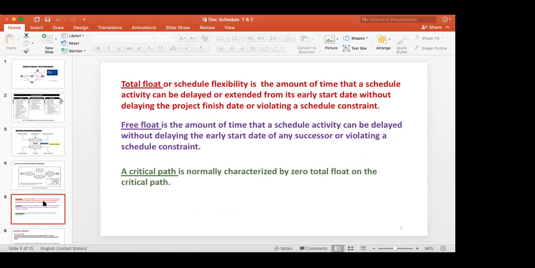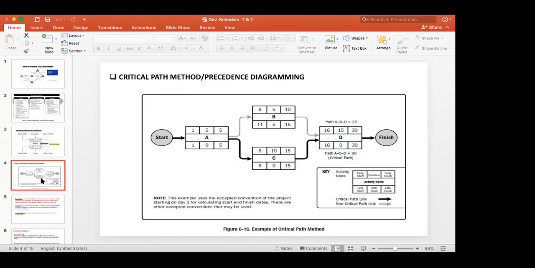Then you get the free float. This is a mathematical thing, that's why I'm telling this. Free float is a definition. The free float, what you say is, if you take 2 activities, say B and D activity,